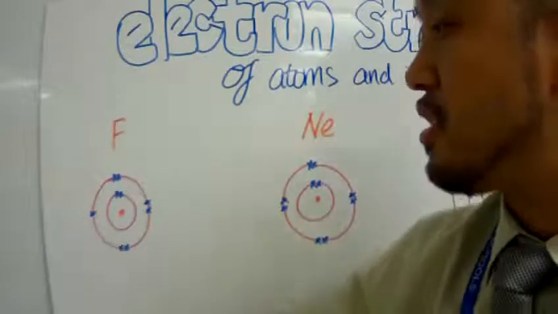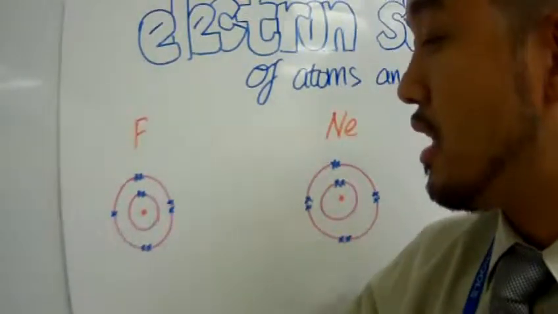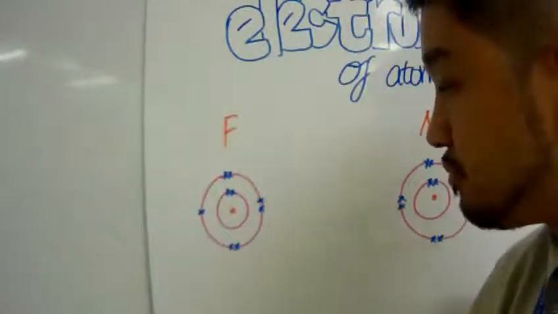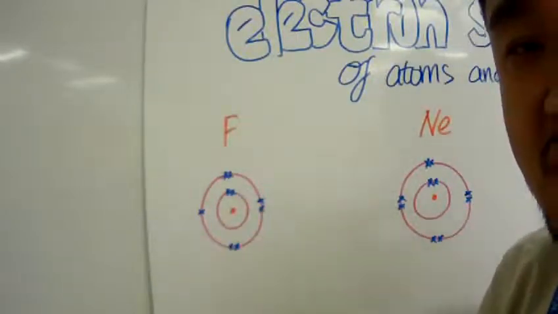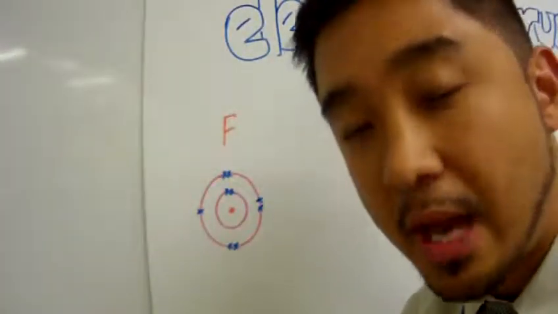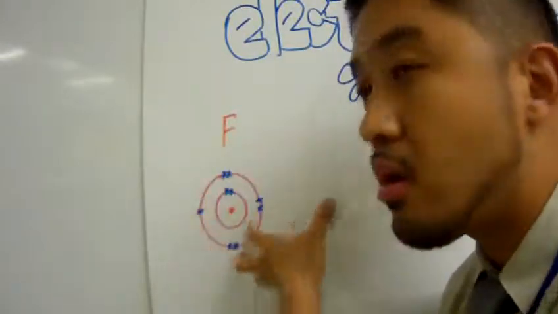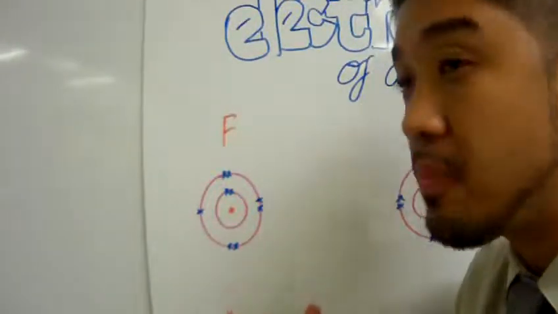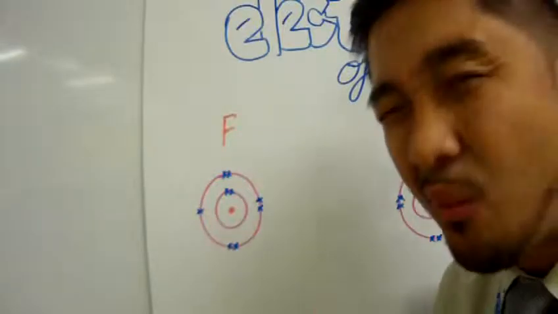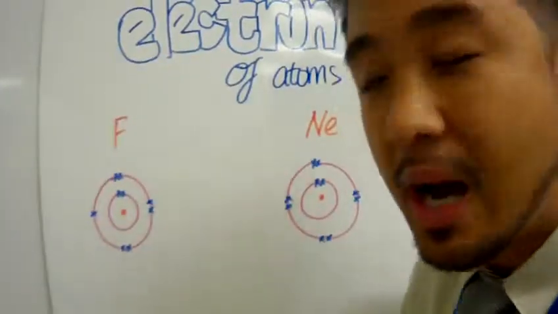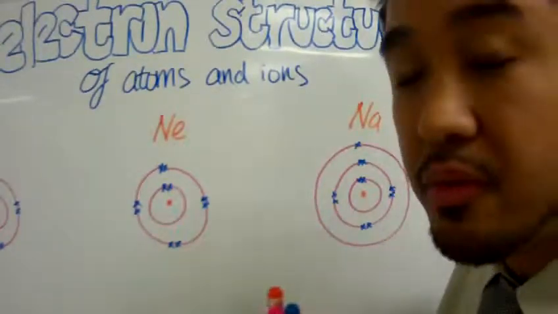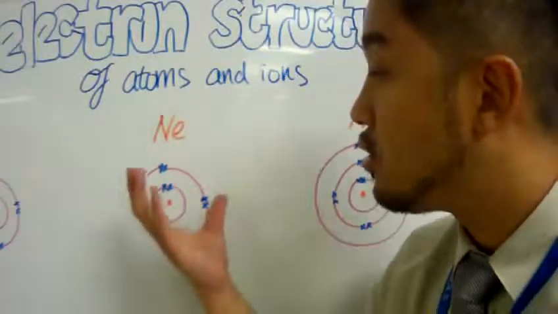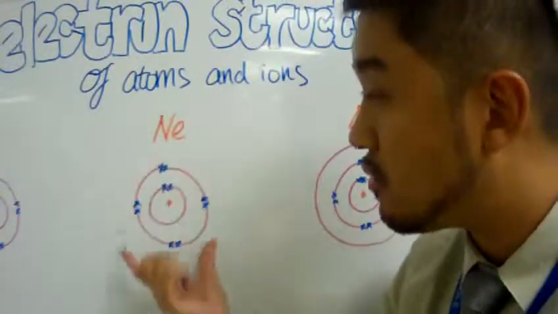Now, let's take a look at some electron structures out there. So here we have fluorine as an example. It has 2 electrons on the first shell and then 7 electrons on the second shell. And it so happens that the energy content of this overall atom of fluorine is not as good if it can occupy a noble gas configuration. Now, what is a noble gas configuration? Well, for IGCSE, a noble gas configuration is when atoms will become ions to achieve this noble gas configuration, and